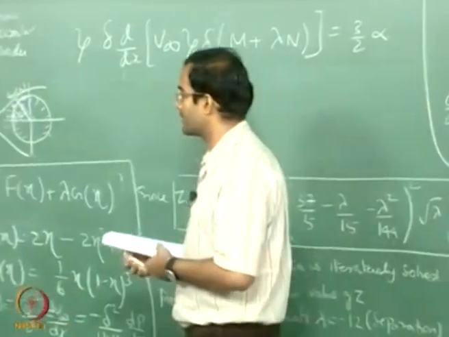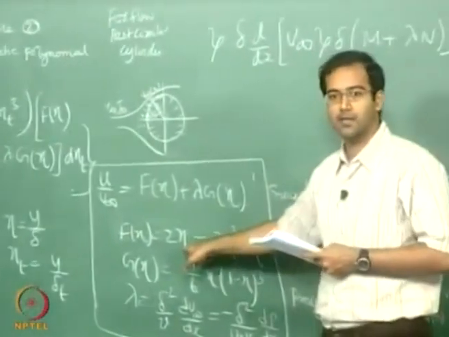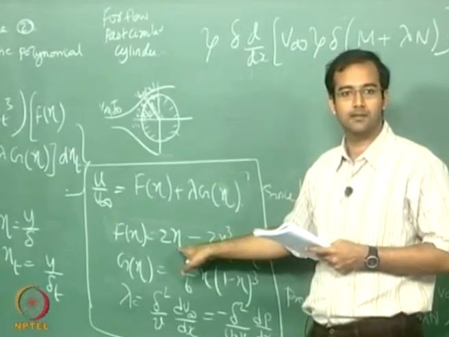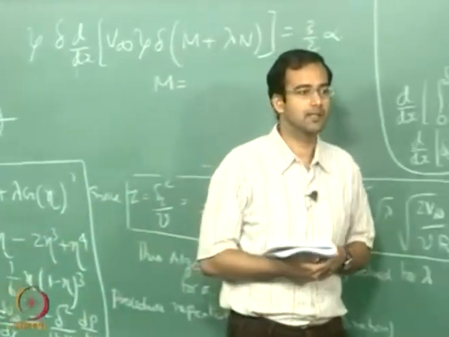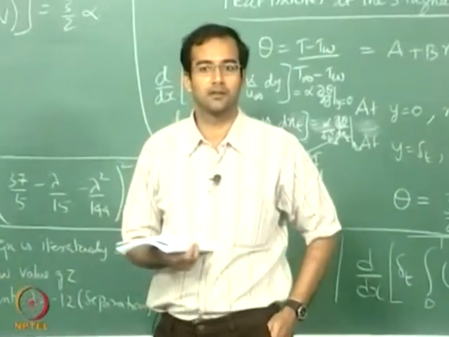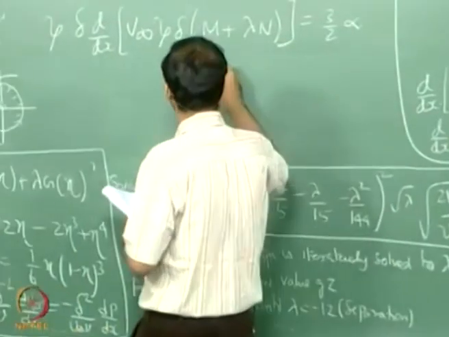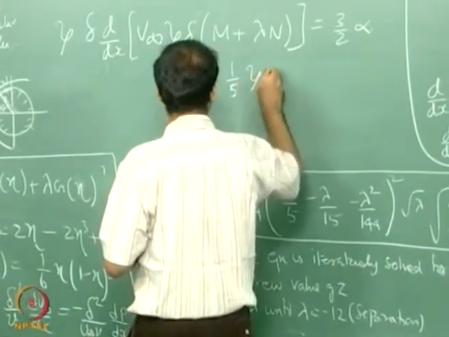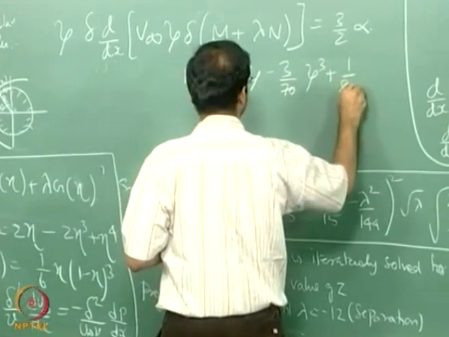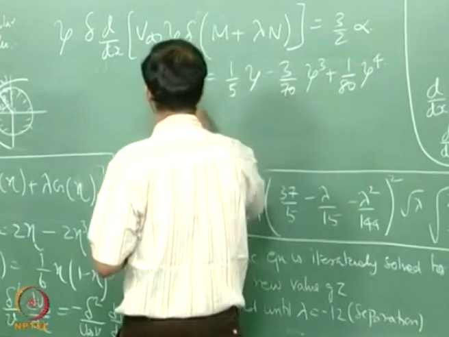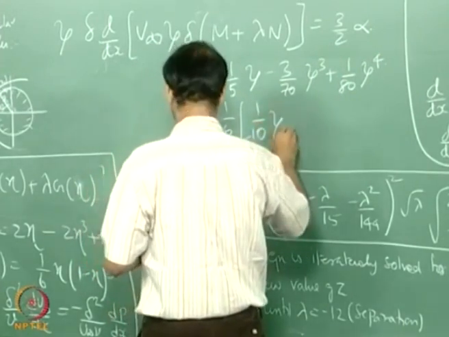Okay. Now I am substituting here for eta whatever function I have, all this in terms of eta t and zeta. Now if I integrate it over eta t, the resulting expression should be a function of only zeta. So therefore m will be coming out as 1 by 5 zeta minus 3 by 70 zeta cube plus 1 by 80 zeta power 4, and my n will be 1 by 6